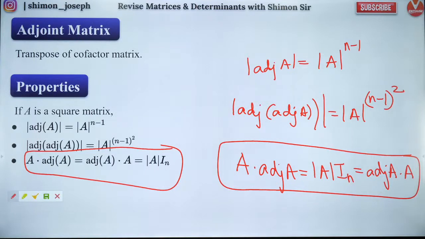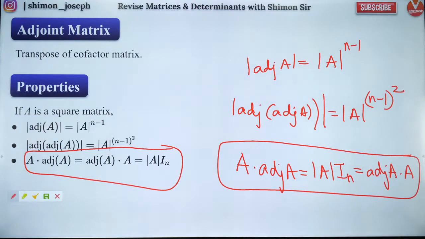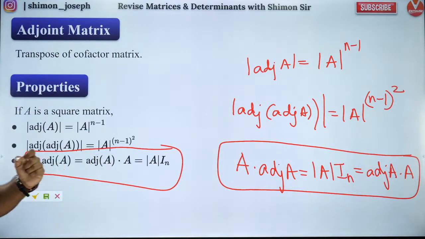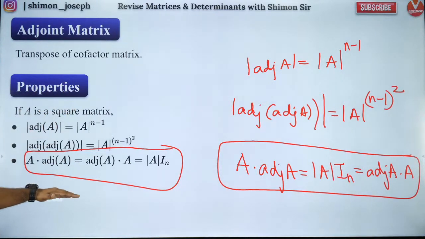Okay, Noah, these are all properties. You can just note them down. I will show you how to apply it. Adjoint as a transpose of cofactor, I gave you an example, but cofactor and minor, I cannot explain it completely because it will take a lot of time. That's why I went a bit fast, assuming that you are aware of it. But properties are more important. So right now, note the properties. We will see how to apply them.